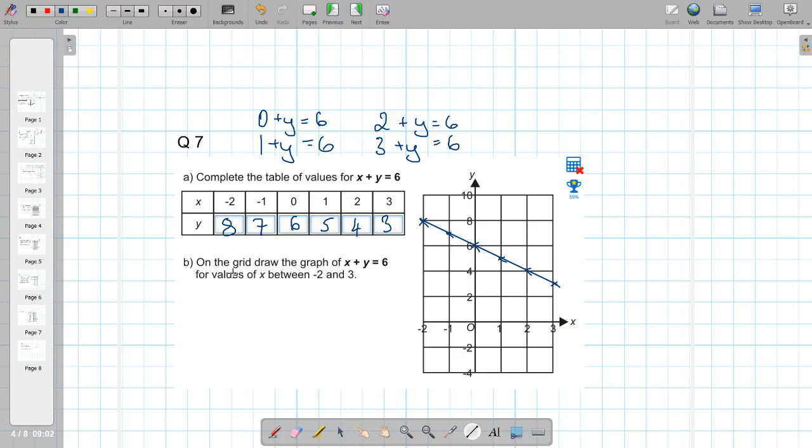Now on the grid, draw the graph. So we've done that. So that's the end of the question. We've done both of the things that we needed to do. And next question